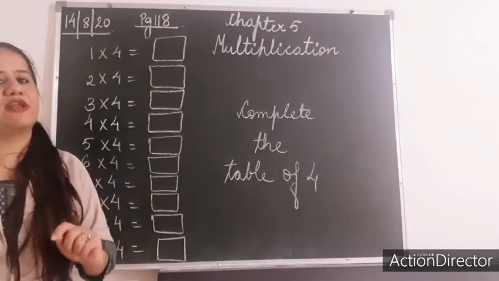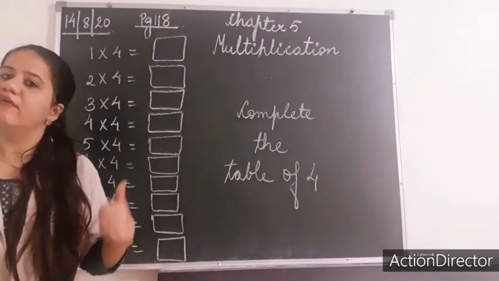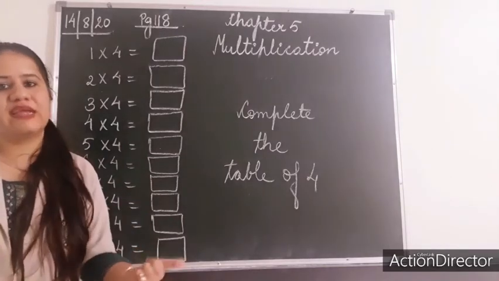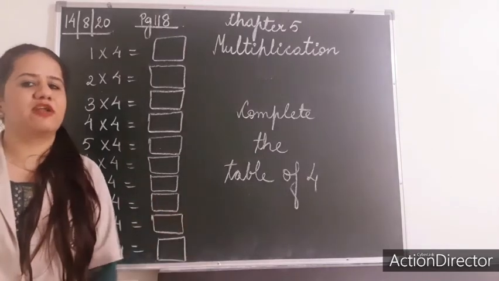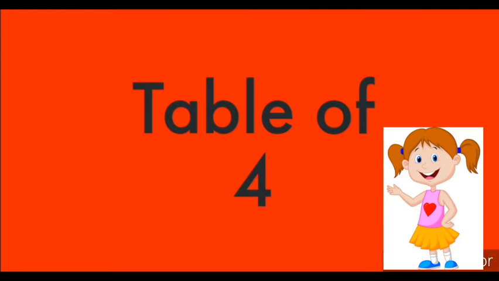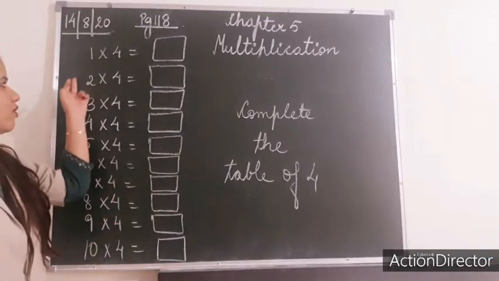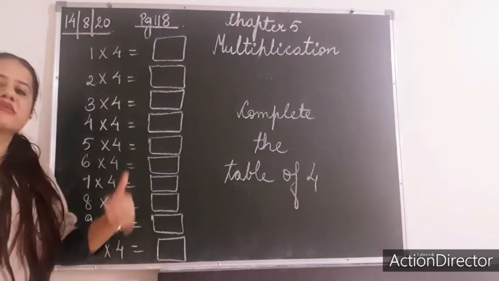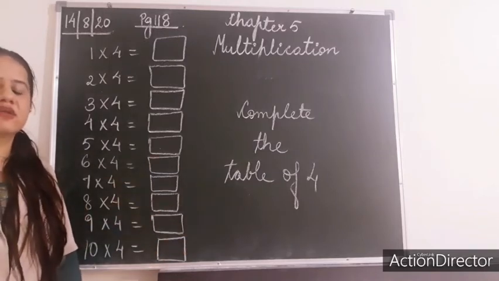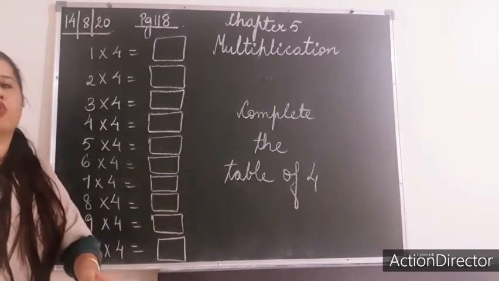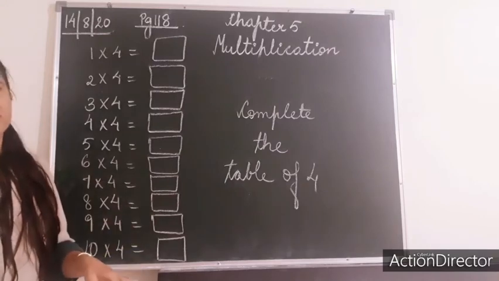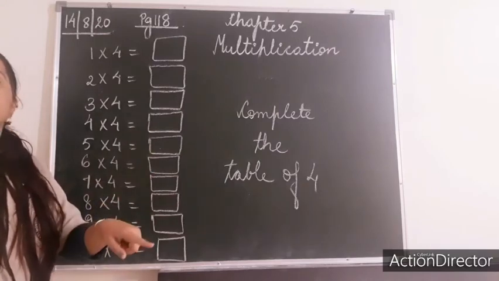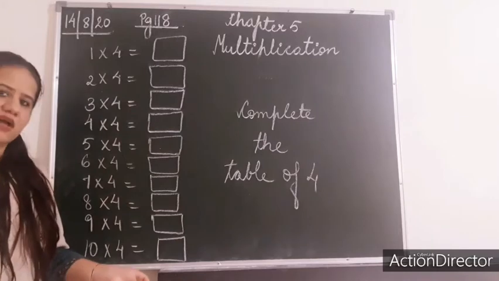Now, we will do table of 4. Okay. We have done table of 2, 3 and now it's time to do table of 4. Okay, so in your book, can you see this? Yes, it's written like this. Plus, there are some stars also made, and it is written 1 times 4, 4, 2 times 4, 8. Okay, so if you will count those stars, same answer will come.